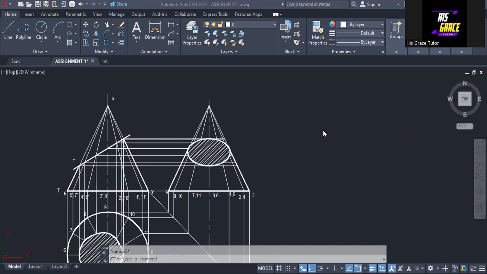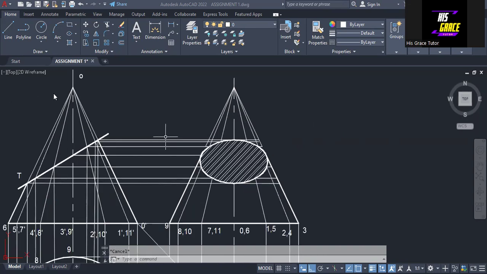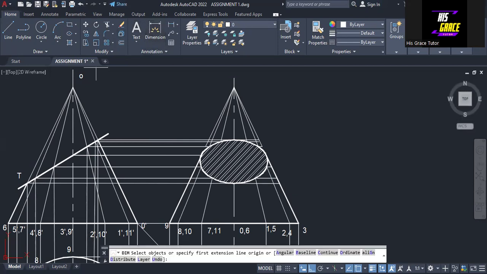All right, so the first thing that we have to do is to know the true length of the cone. That is the distance from this point O to this point 0 here. To do that, we click on dimension and then select this point, and also select this point, and we work with aligned. So we click at this point and then at this point here to know the true length, and this gives us